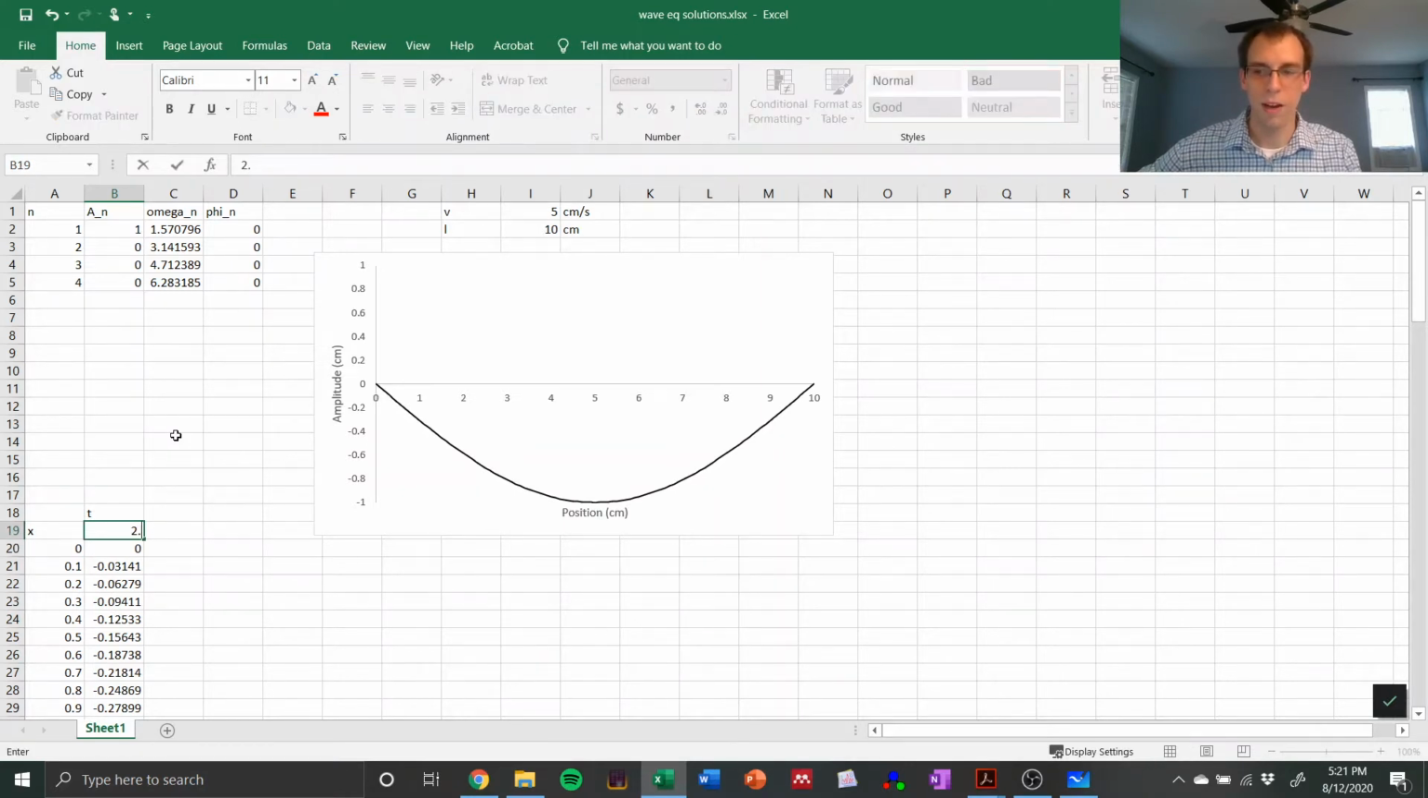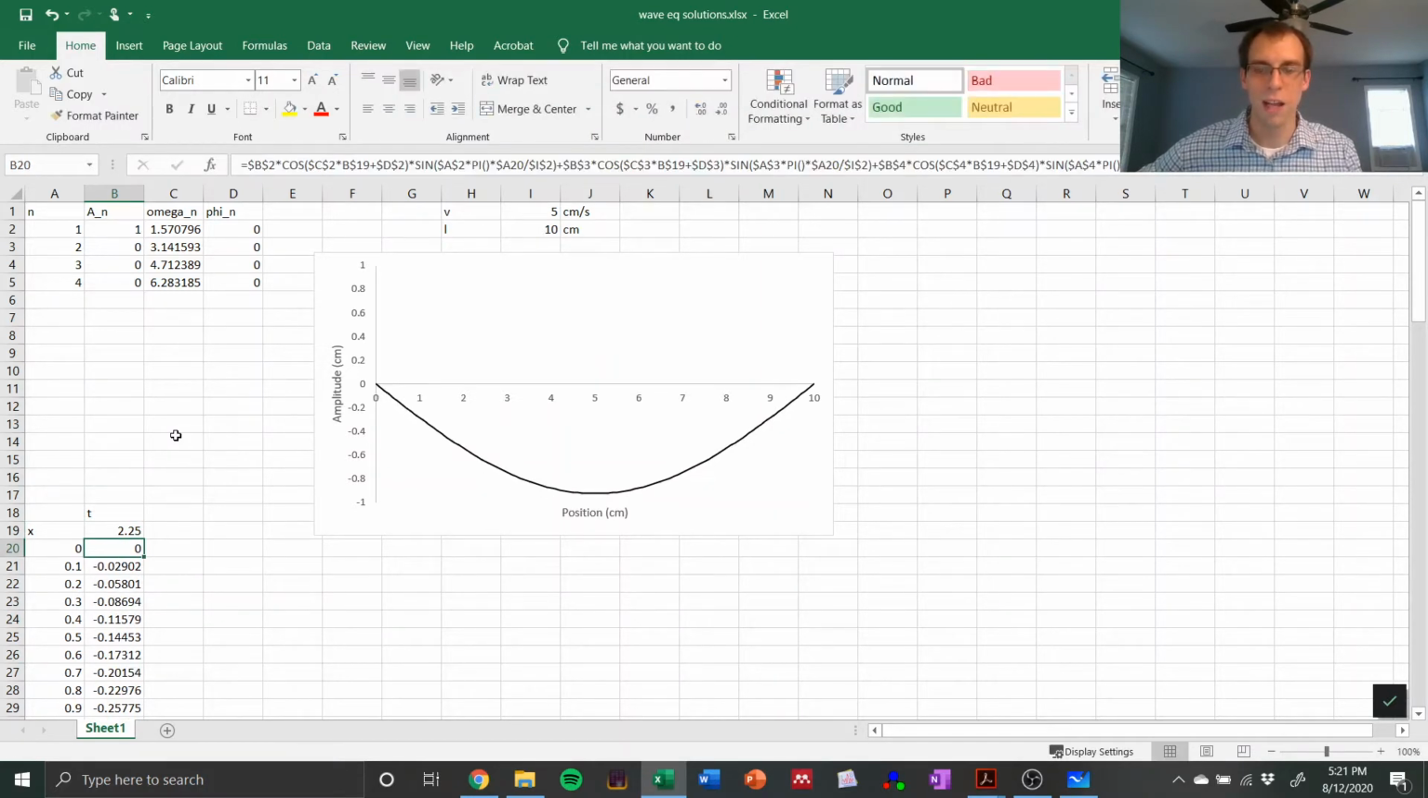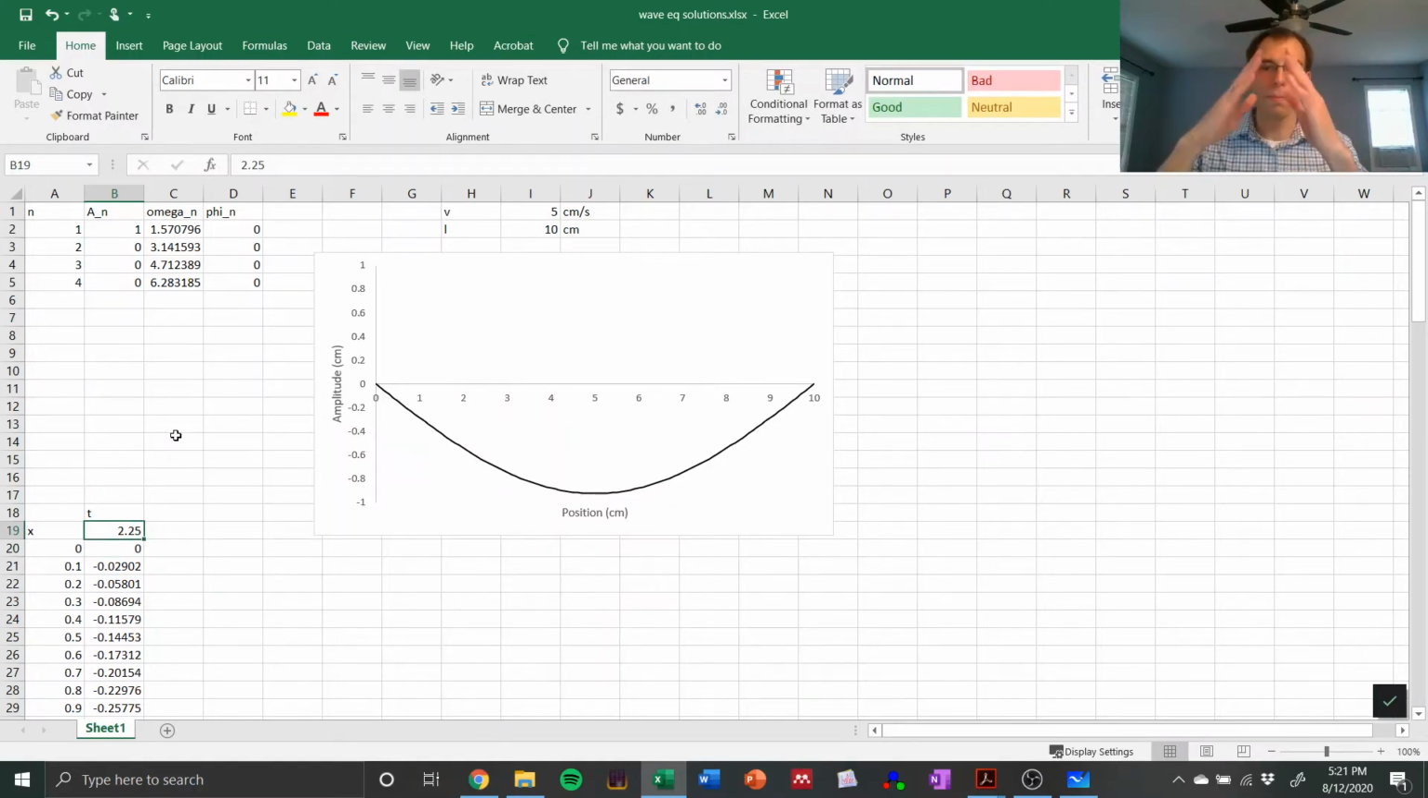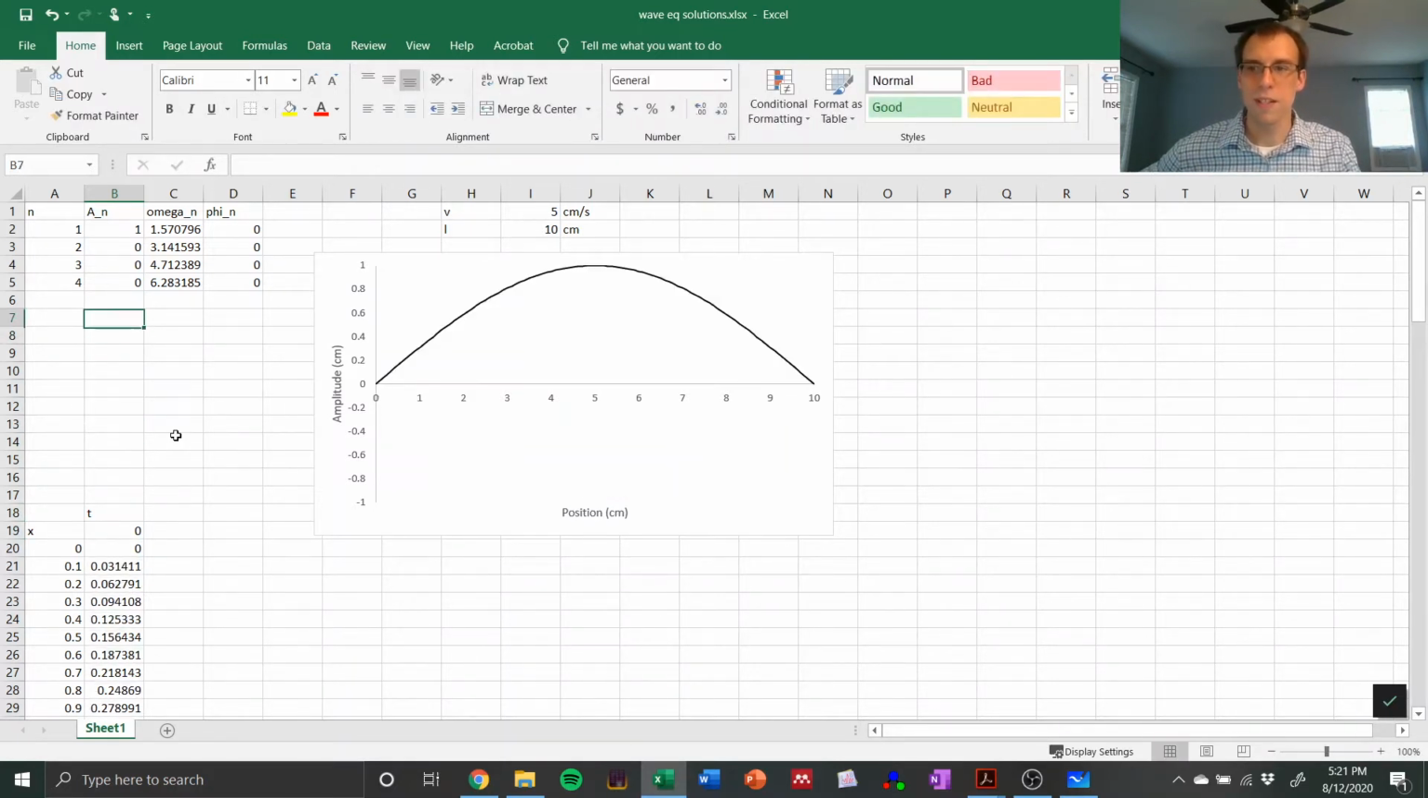And we can keep going here, right? If we did 2.25 seconds, it would continue to come back up, and this is going to repeat. It's going to go up and down and up and down. And this is the lowest normal mode. Now, if we go back to time equals 0, if I switch the amplitudes here,